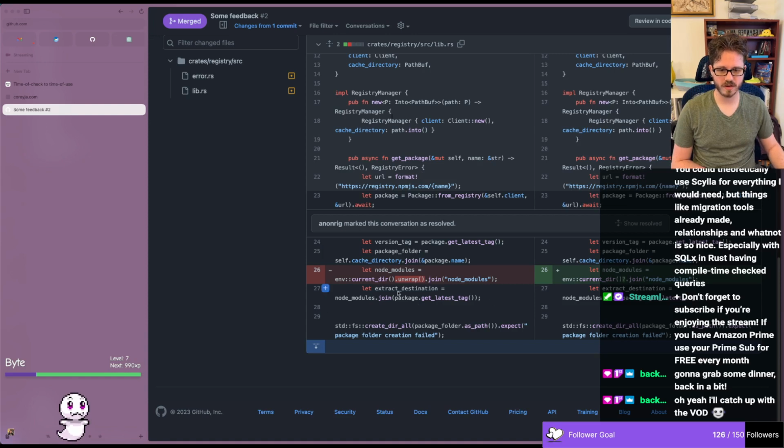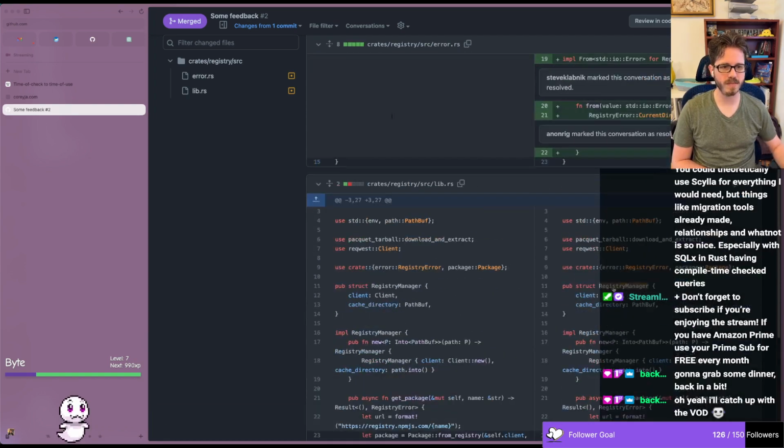But in this method, there was an unwrap hanging out here. And so the commit here changes the unwrap to a question mark to propagate the error up. And to make that work,